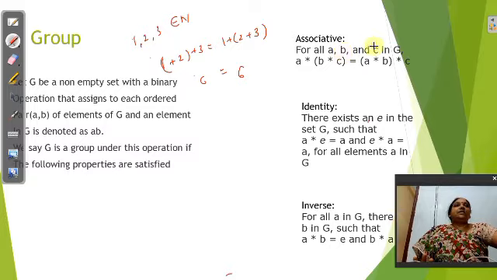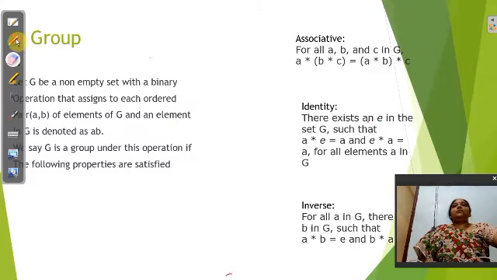If we take any three elements from G, the product or sum, here I am taking addition. If we take multiplication also, it satisfies. Star means we may take addition or multiplication or whatever the operation. If it satisfies this condition, that is, (a star b) star c is equal to a star (b star c), then we can say it satisfies the associative property.